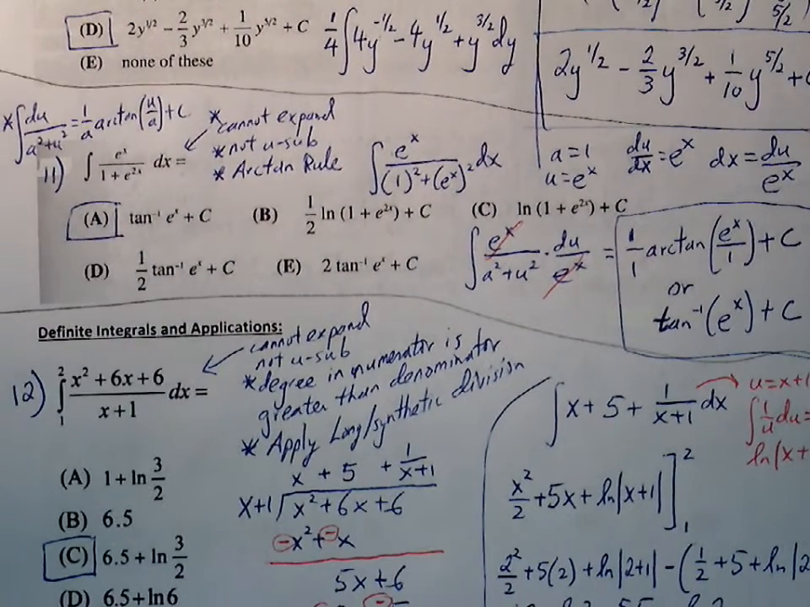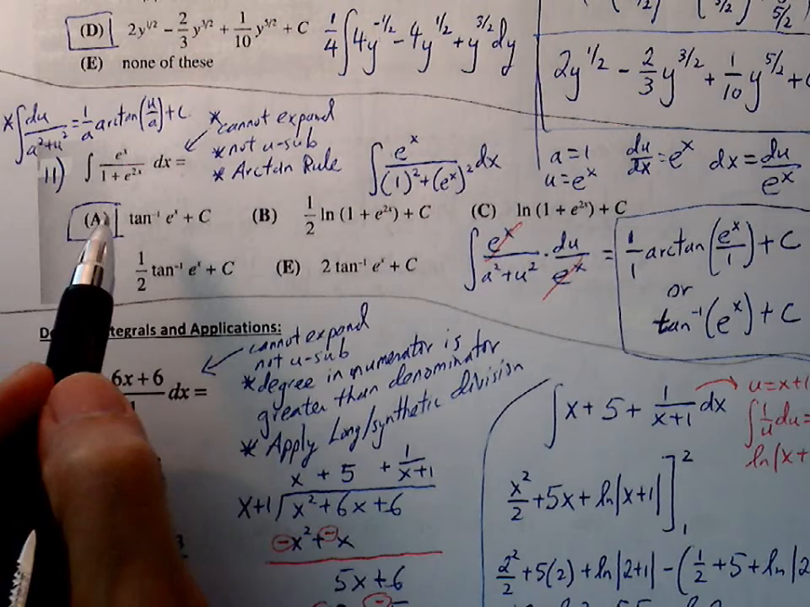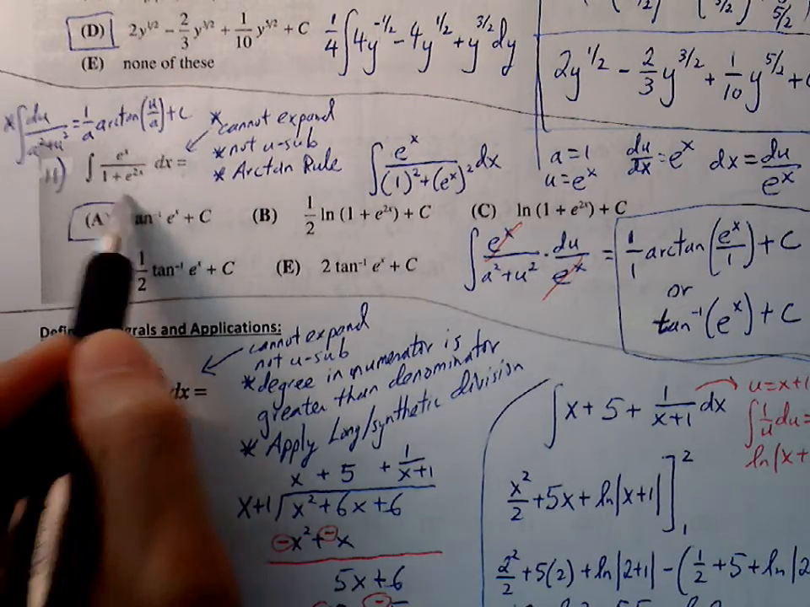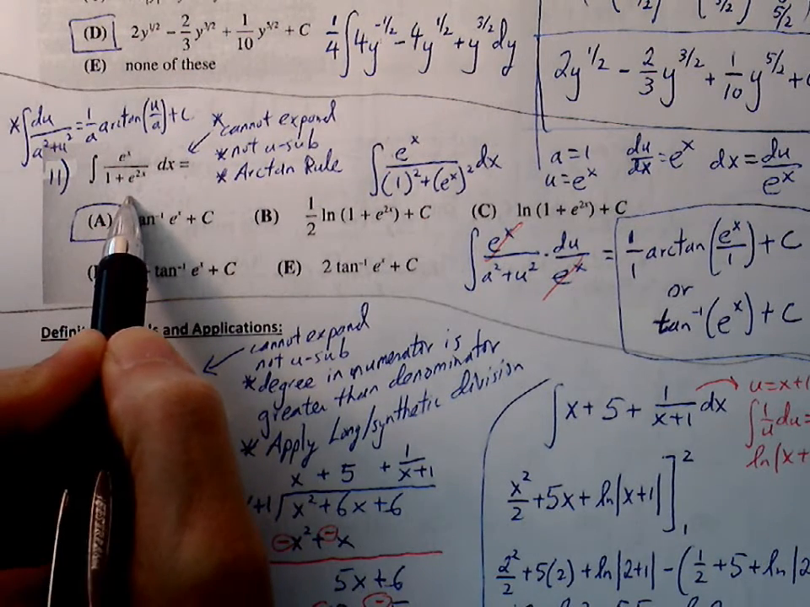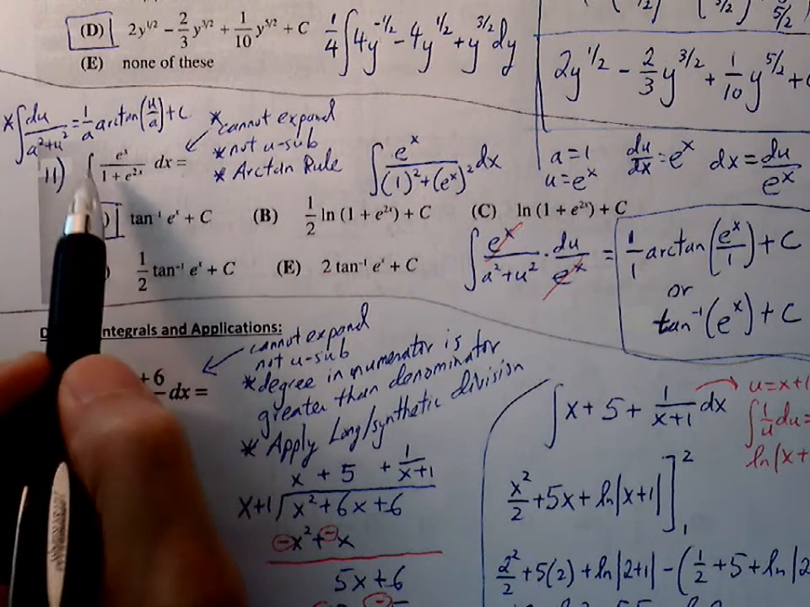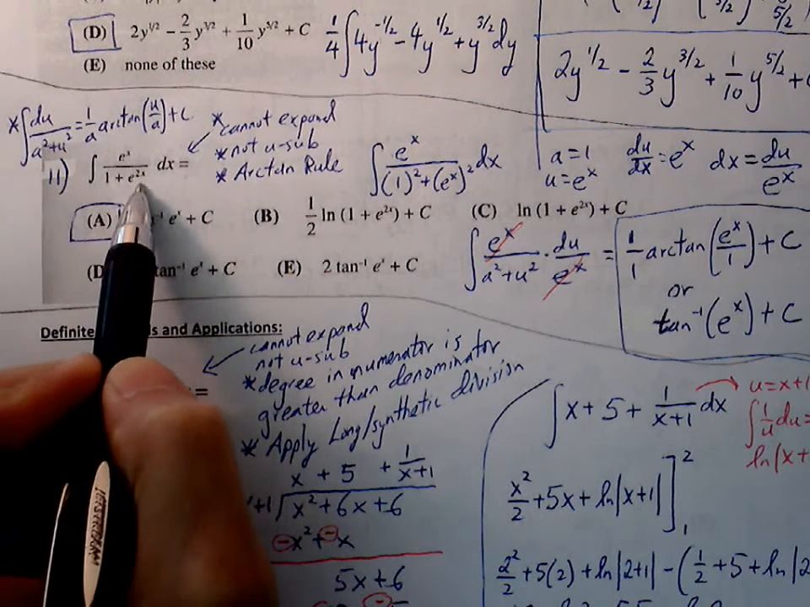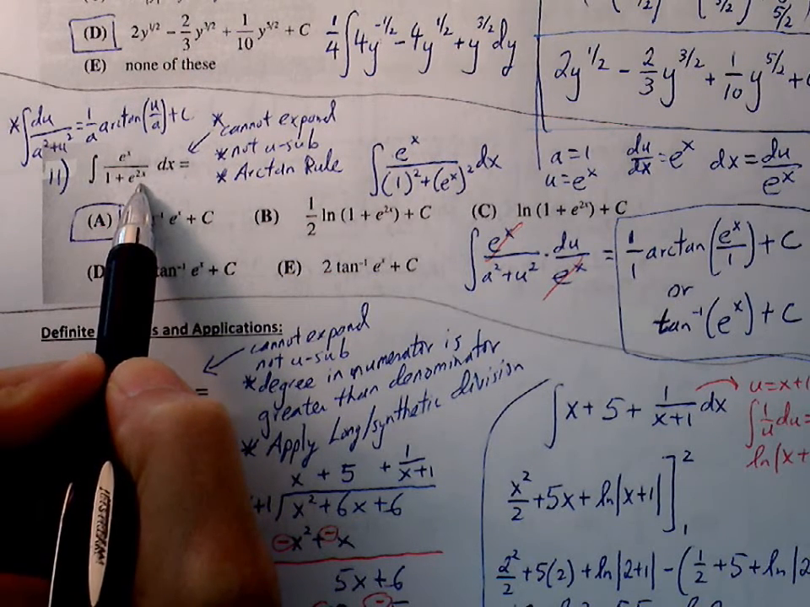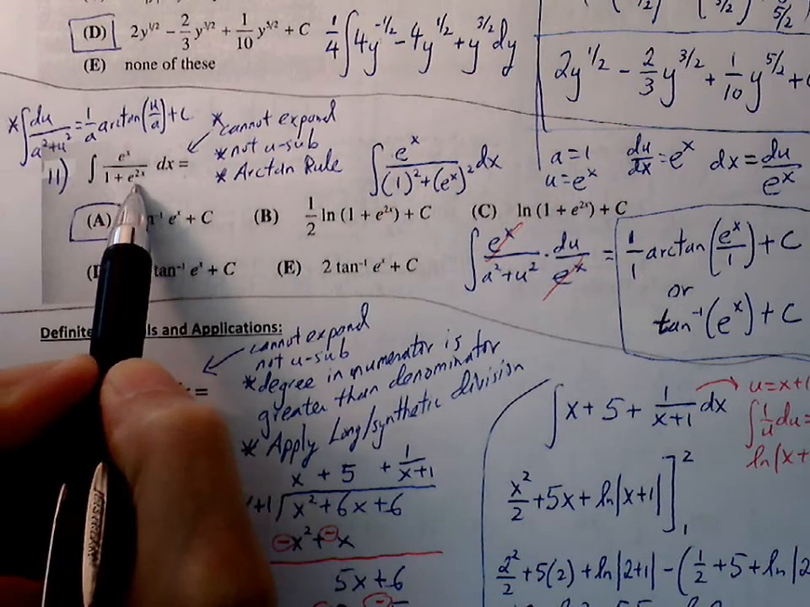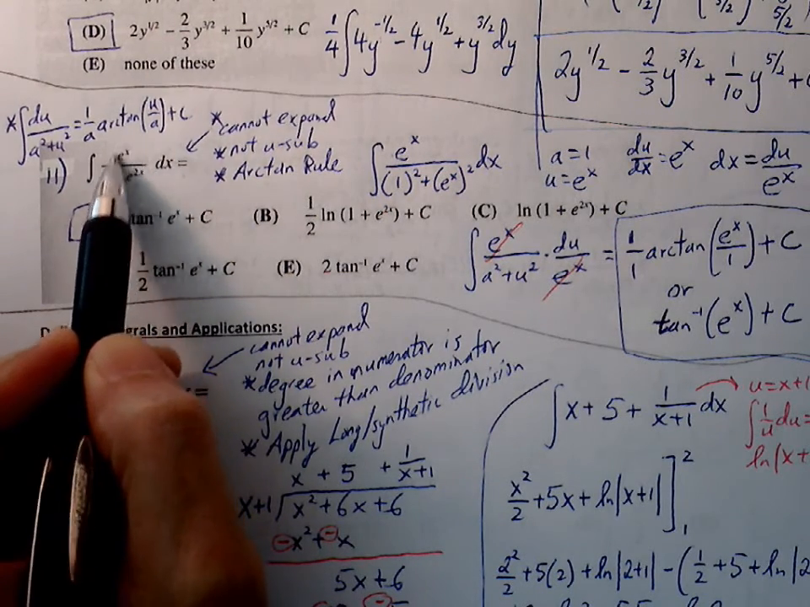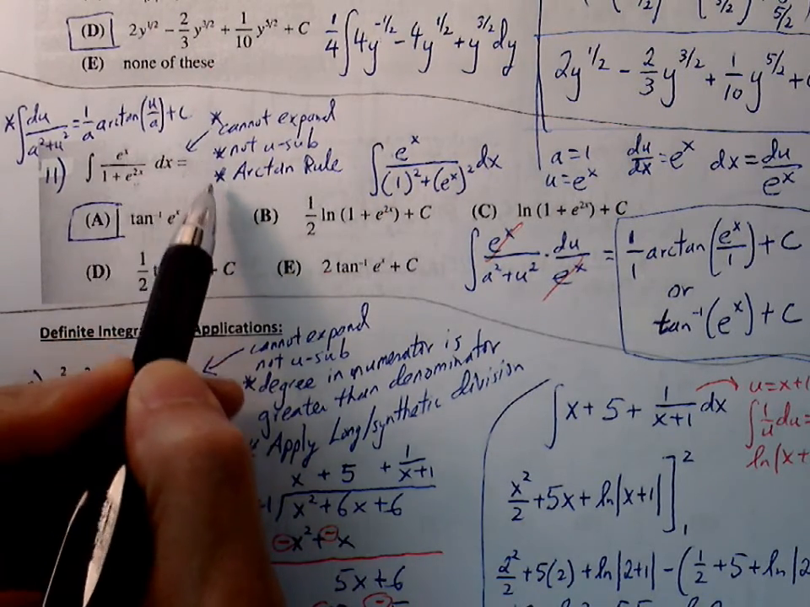All right, number 11, we look to expand first. Too many terms in the denominator, so it looks like we can't do that. U substitution, well, if we let our u value be 1 plus e to the 2x, the derivative for e to the 2x would be 2e to the 2x, and that is not going to quite match the form of my numerator. So